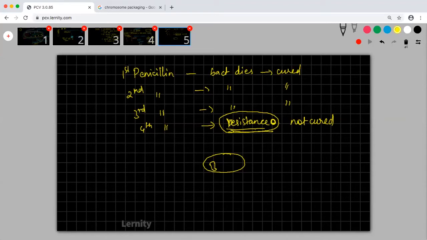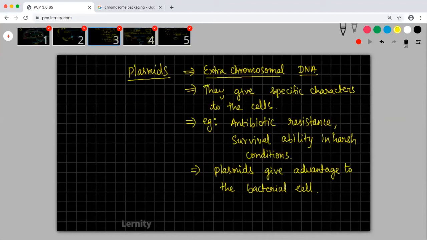Okay, so this is what a plasmid is. I hope you understand what a plasmid is. Plasmids are extra chromosomal DNA that gives specific characters to the cell. And the example I have given shows plasmids give advantage to the bacterial cell. Yes, plasmids are double-stranded DNA like its genome. Yes, exactly. If corona was a bacterial fever, can it be cured by antibiotic? Yes, if it is bacteria, it could have been killed by antibiotics. Bacterial things can be killed with antibiotics. Yes, that is what it is.